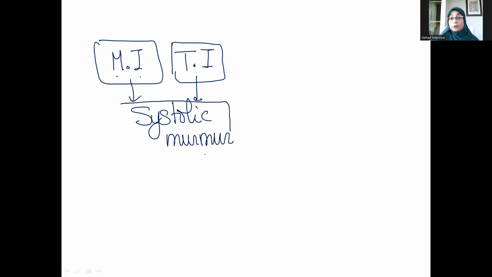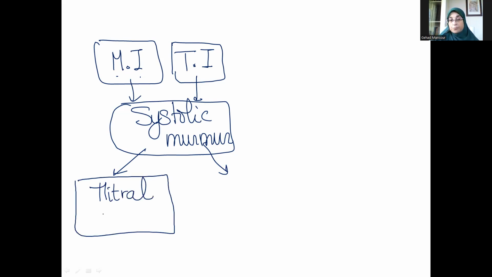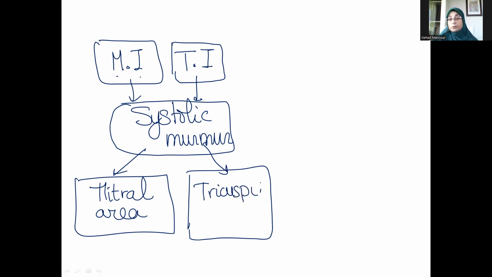That's why we always say that you cannot describe a murmur just by saying that the murmur is systolic or diastolic, but you have to mention on which area you have best heard that murmur. So a murmur of mitral incompetence would best have been heard on the mitral area, whereas the murmur of tricuspid incompetence would best have been heard on the tricuspid area, fifth intercostal space, left sternal border. On the other hand, those are the